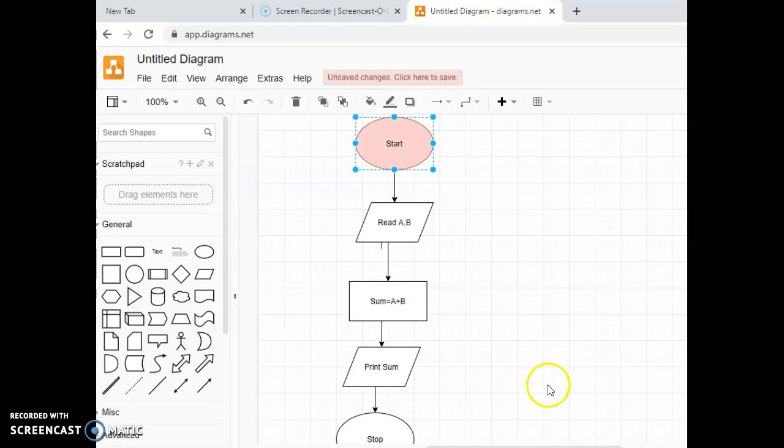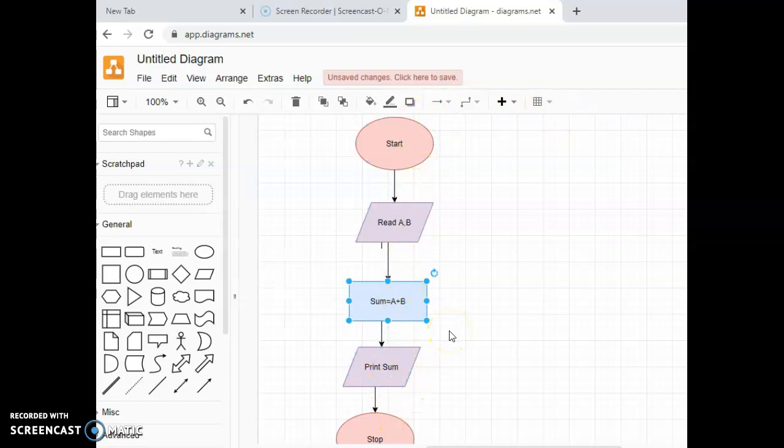So for the terminal, I'm going to make use of a pink color, and for the parallelogram, that is for the various inputs and output, I'm making use of purple color, and for the process, I'm going to make use of a sky blue color. This is how we have drawn the flowchart.